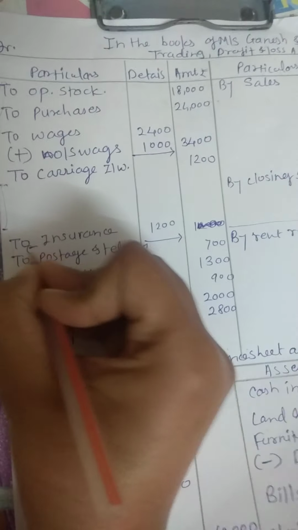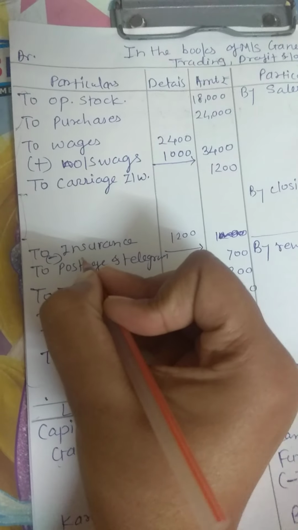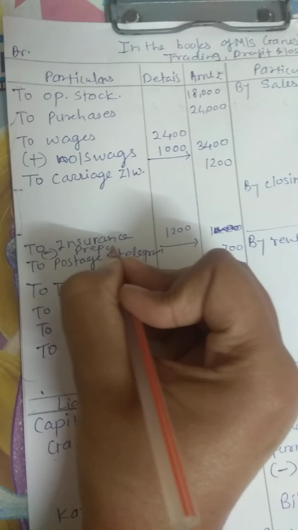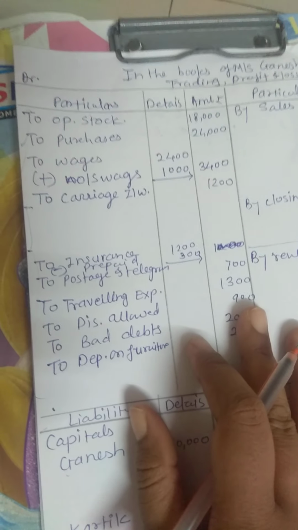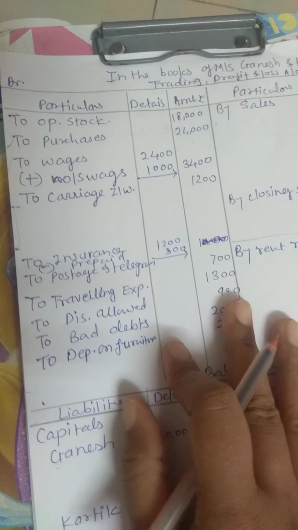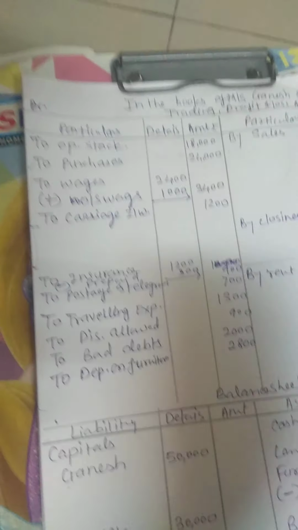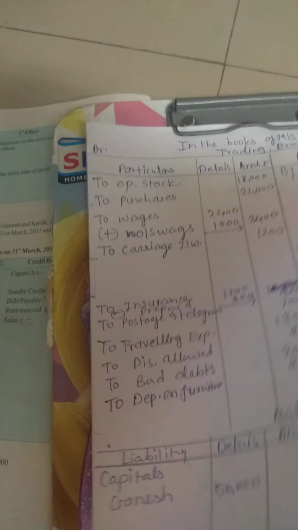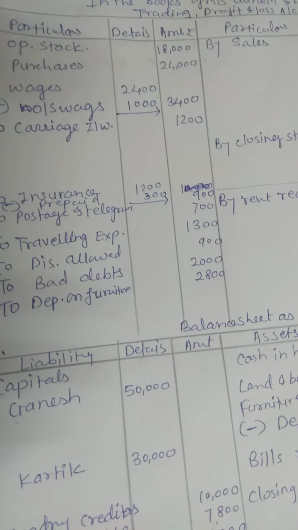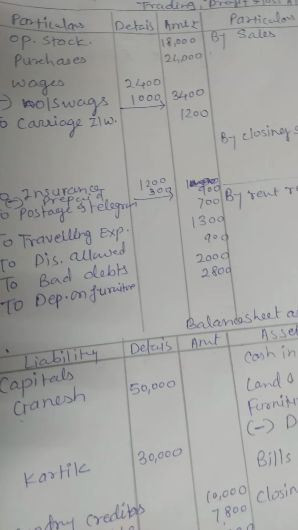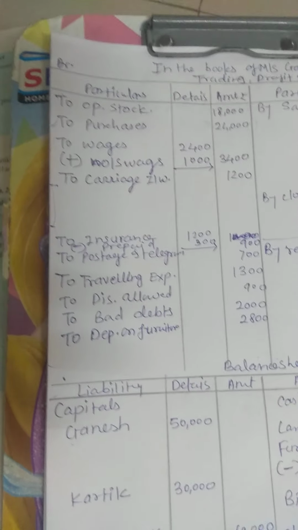And the last adjustment we are going to consider now is insurance paid in advance of rupees 300. Expenses paid in advance, that is prepaid, so we are going to minus it from this. So prepaid amount is 300. 1,200 minus 300 is how much, students? It is 900. That means the current year insurance is 900, but your trial balance shows 1,200, and the adjustment shows that 300 is paid for the next year. That means that amount is not to be taken in this financial year's calculation.